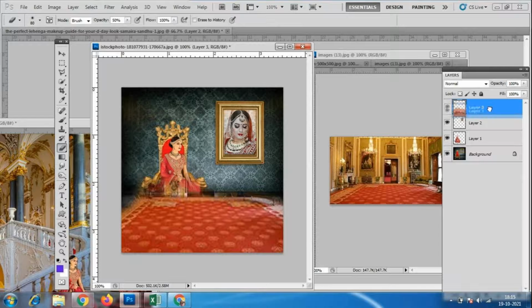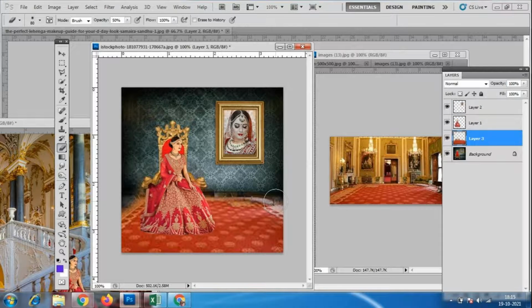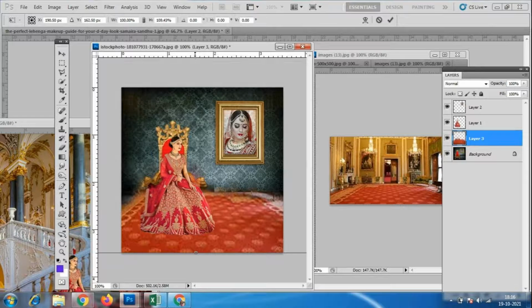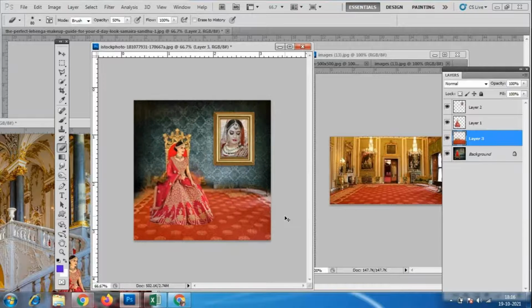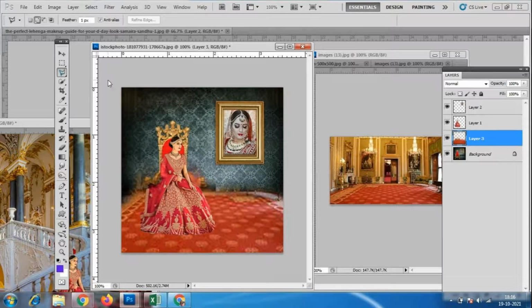I'll send it down. Look at here. Now what I did, I sent it behind, because everything in this layer, if I keep it up, it will come like this. I'll send it down. See now what happened, the carpet over here. However much area I want, I'll take only that much. Otherwise, if you want it very neatly, I'll go to the polygonal lasso tool again and cut however much area I want.